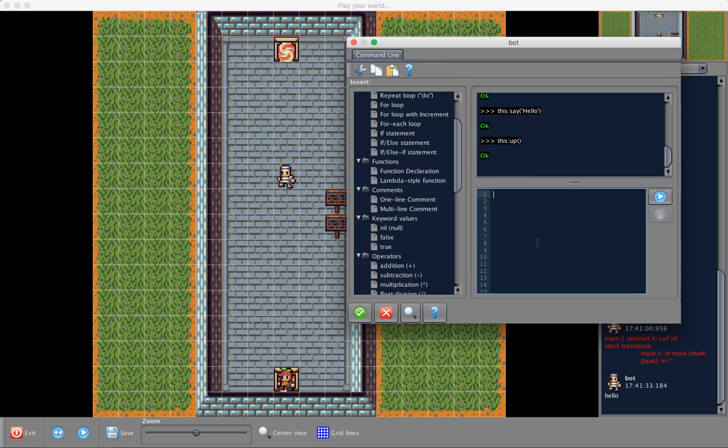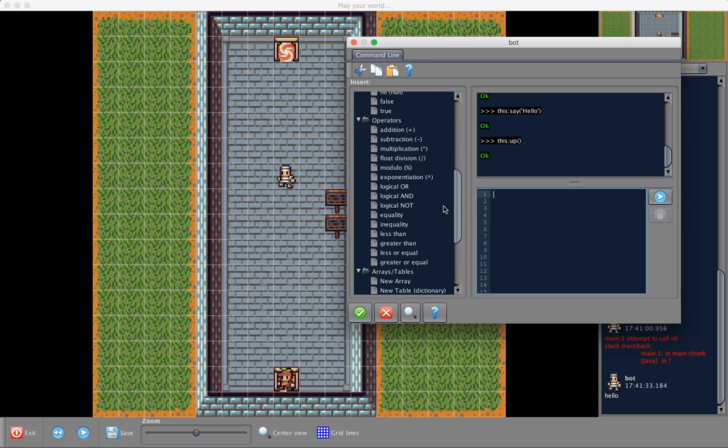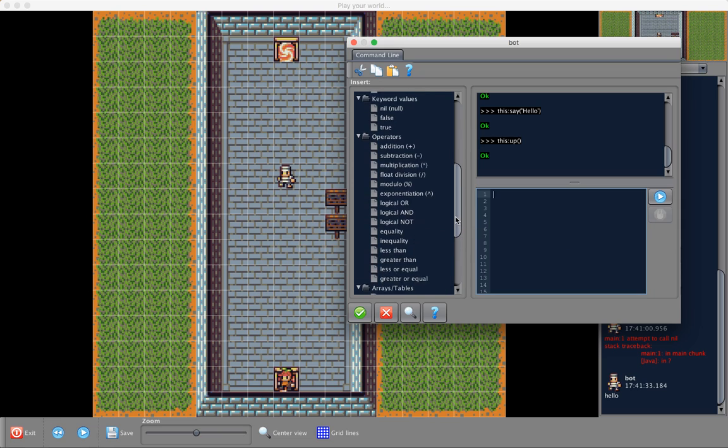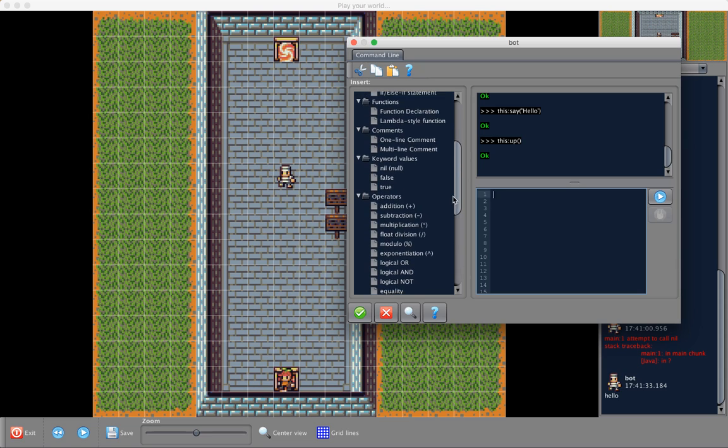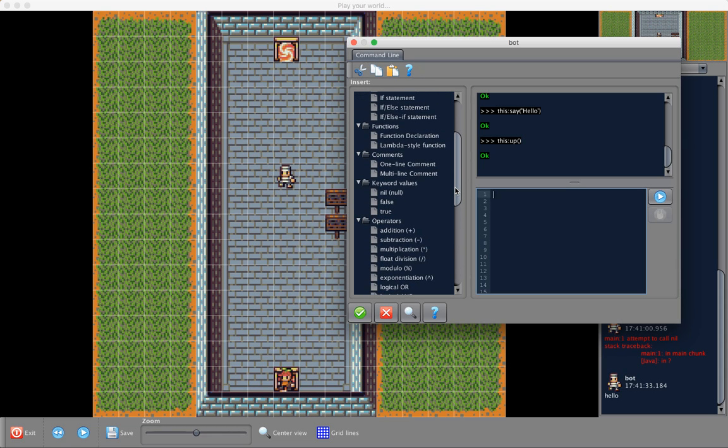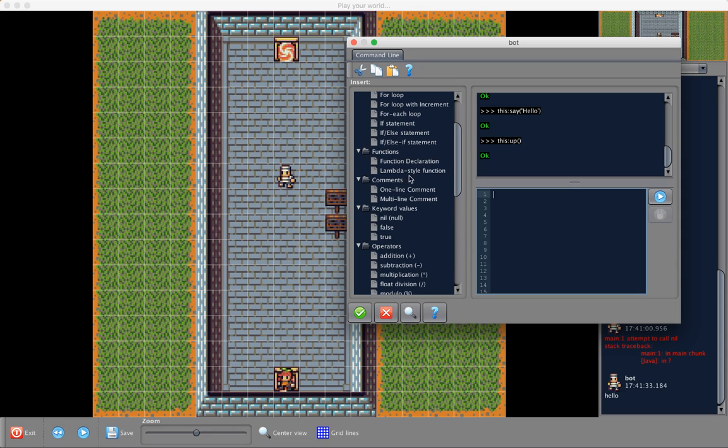Actually, rather than show you this function, I'm going to show you now the code snippets insert pane right here. This is showing a list of available Lua keywords and kind of operations that you might not remember off the top of your head, which is fine because that's what this is for. This is a tool for being able to generate